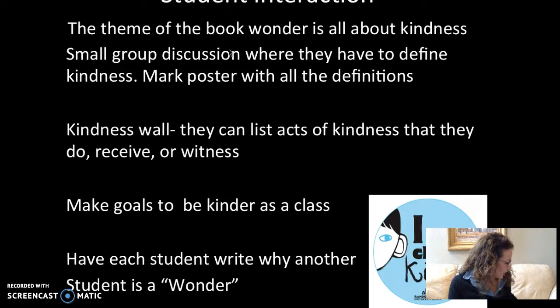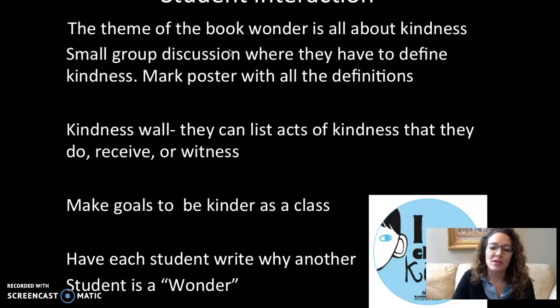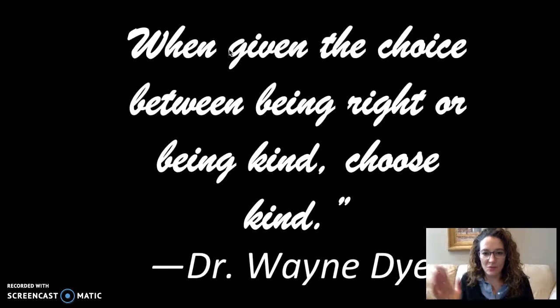Now, the publisher of Wonder actually has a whole bunch of resources on how you can have a kind certified class and so on. So if you were going to teach that book, you could look into that. And then you could have almost an anonymous activity, where you don't know who is saying it, but you have pieces of paper with each kid's name on it, and the classmates tell them nice things about them.